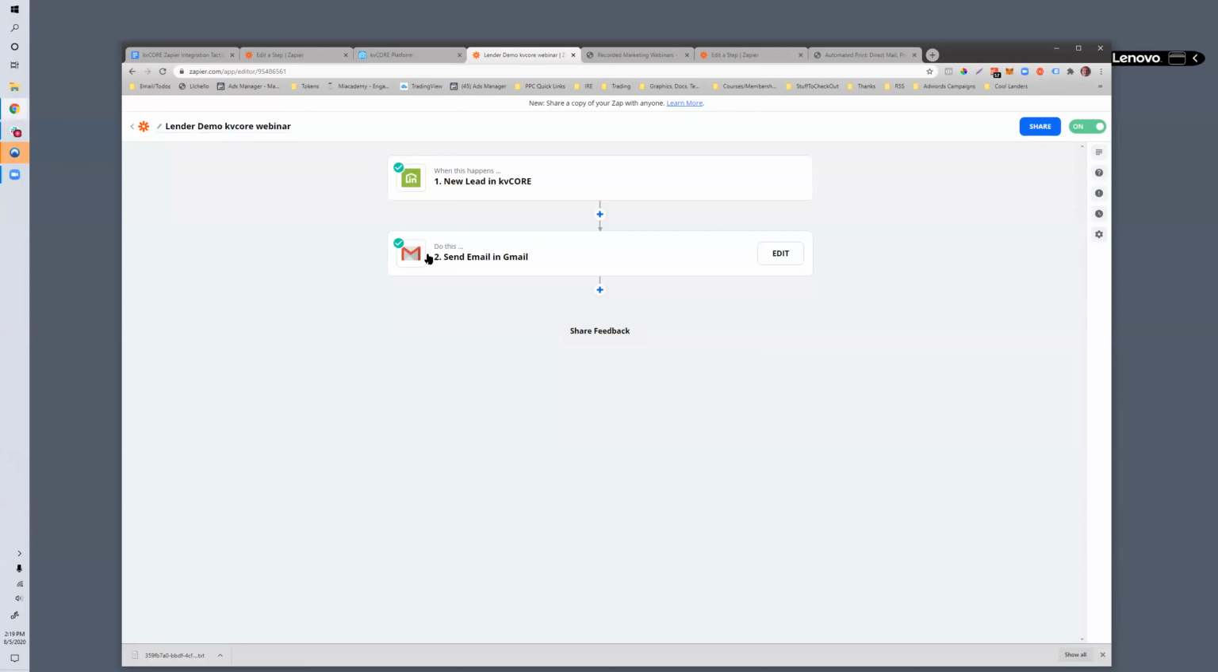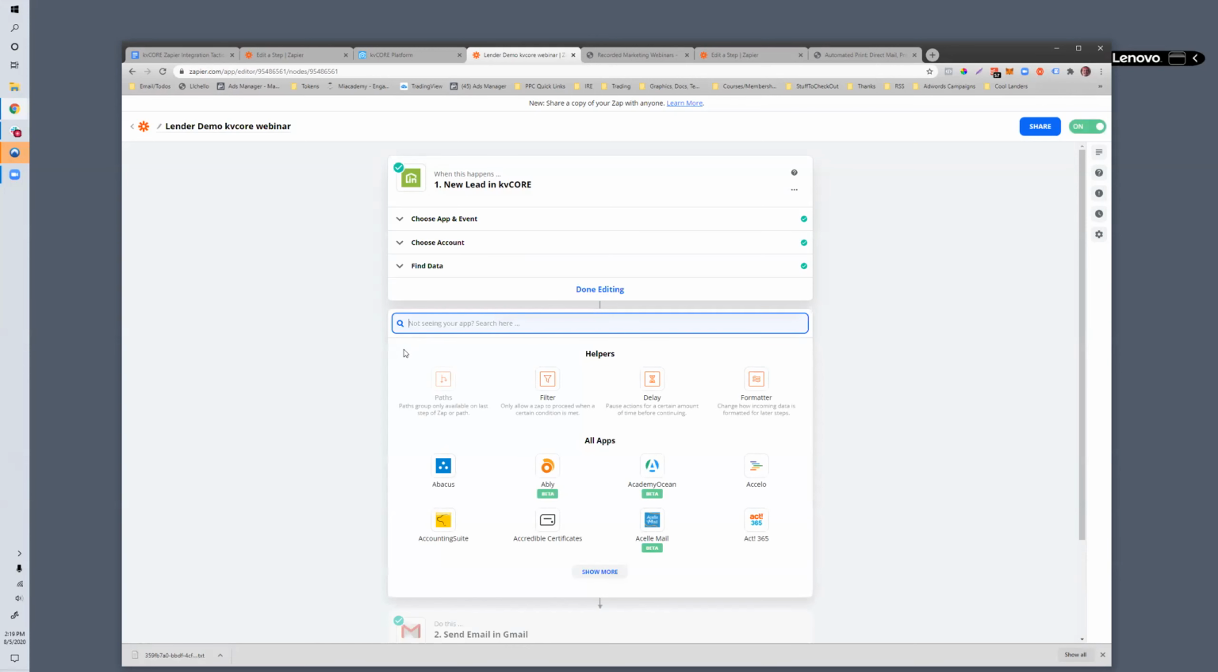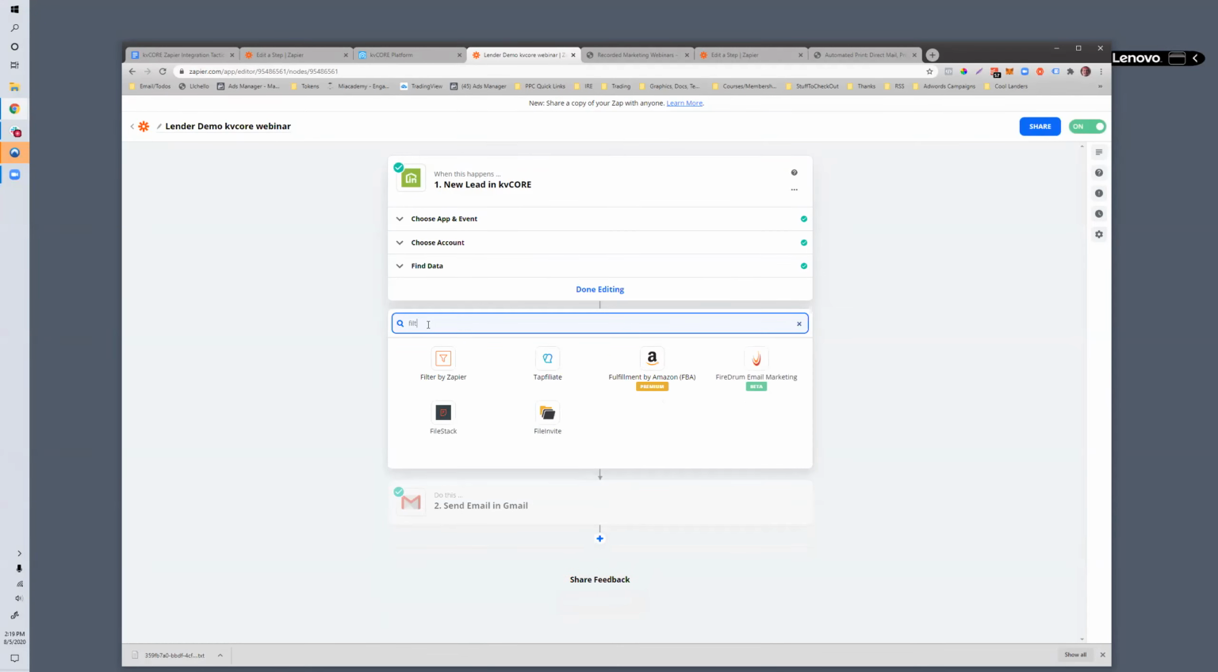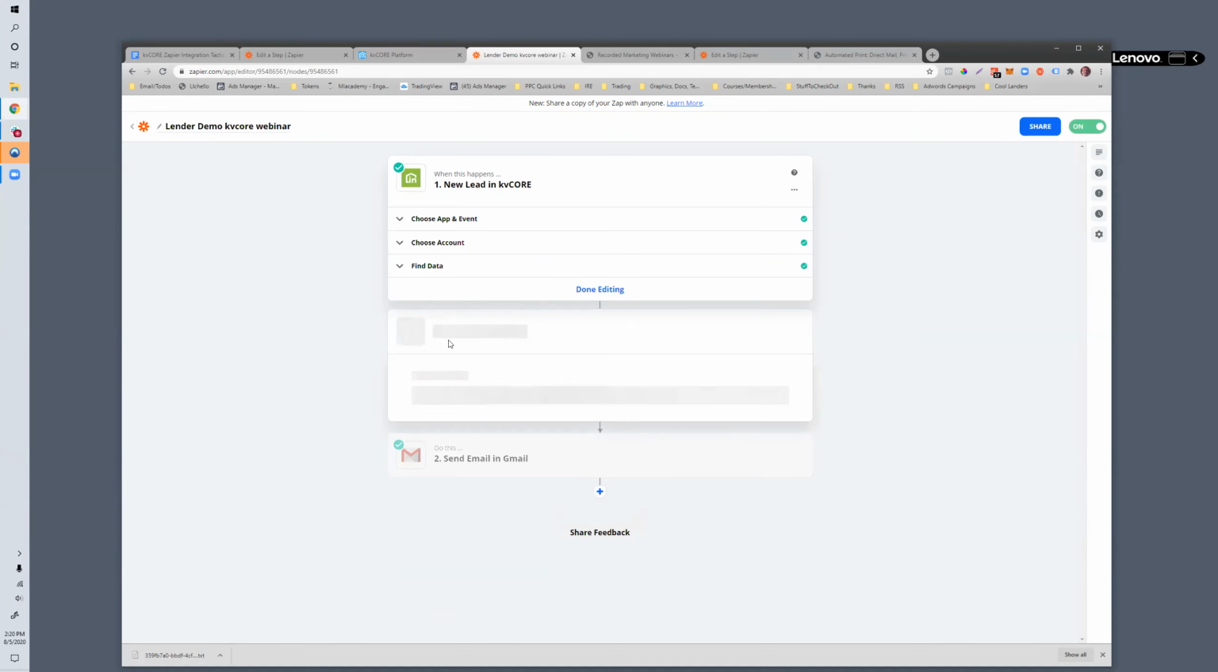Now, I'm going to really go next level here. This is just a good time to do it. We're getting a little geeky, but if I wanted to, I could say, hey, I don't want my lender to get any leads unless the lead has certain criteria about them. Zapier has all these different built-in things, but the one I find myself using a lot is called Filter by Zapier. So I'm going to click Filter,